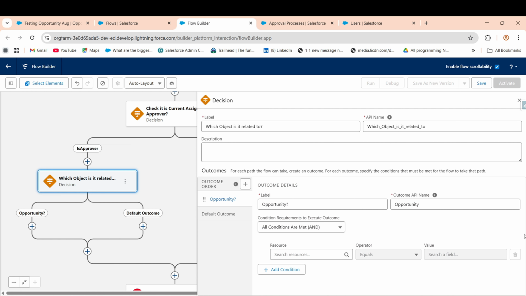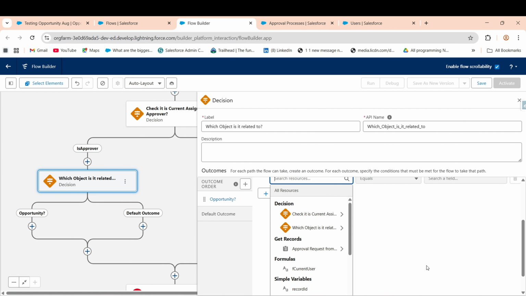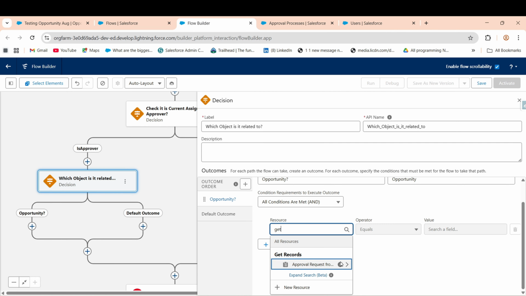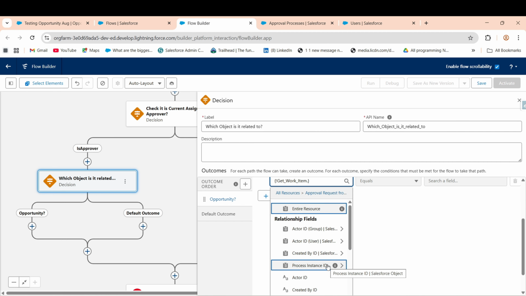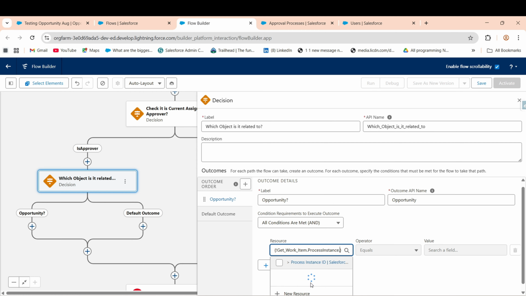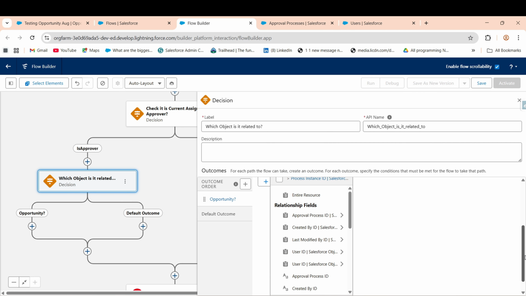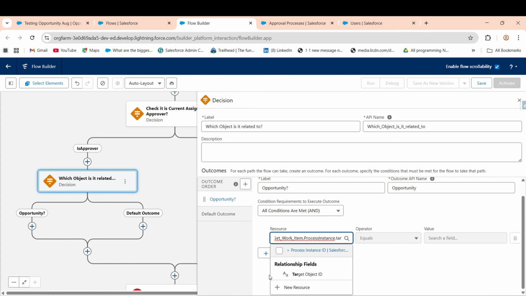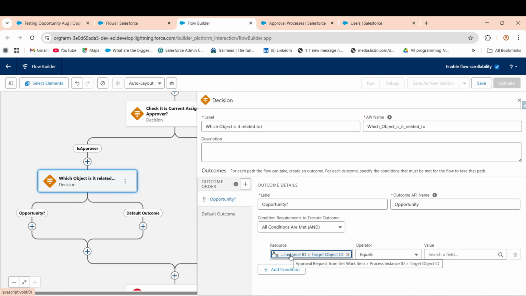In the resource, you would see the process instance work item, process instance target object ID. Target object ID means which object it is related to. So get work item, and in this, target object ID. Process instance work item. Yeah, here it is, target object ID. So get work item process instance, then target object ID equals